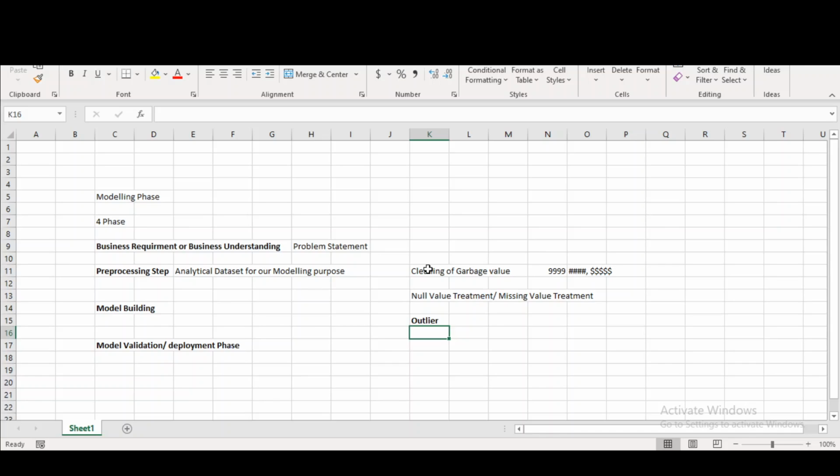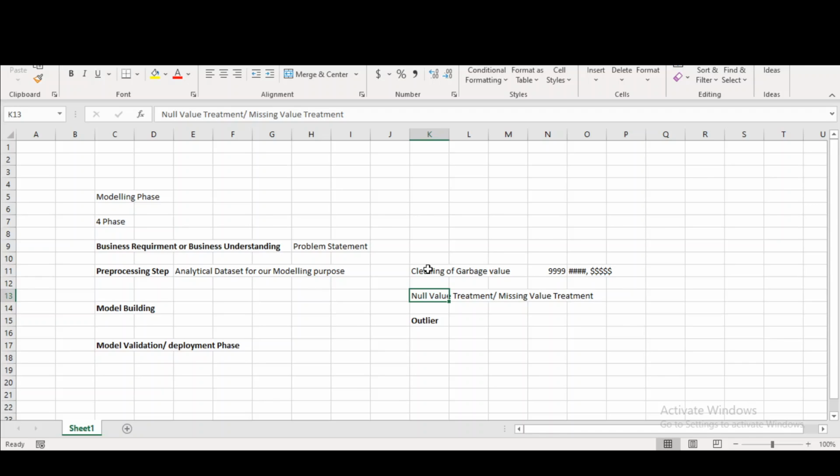We would be plotting a box plot and seeing what my outliers are in my columns. These outlier or null value treatments can be done in different ways. For example, the null value treatment we had discussed, we treat it with mean, median, mode techniques, and we would be removing these missing values.